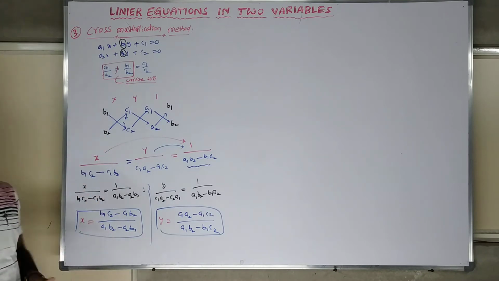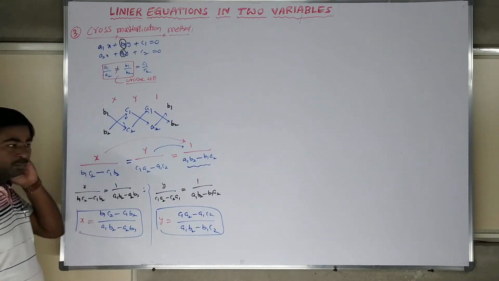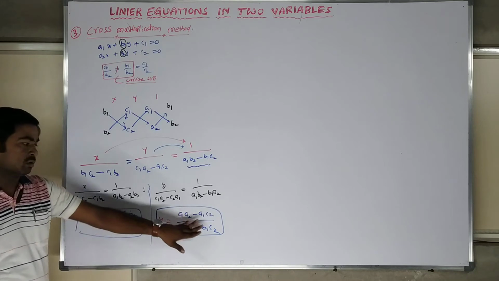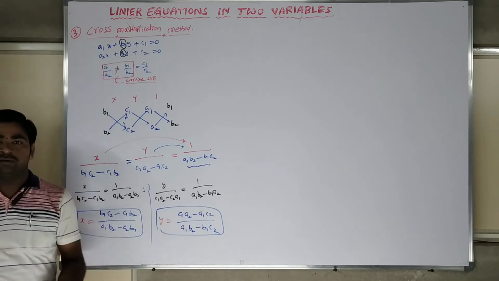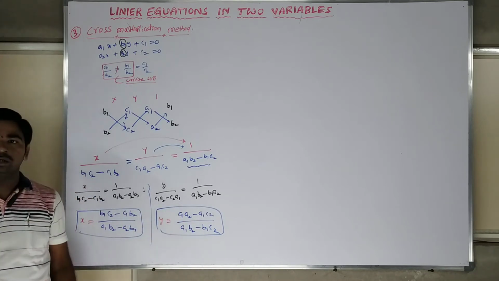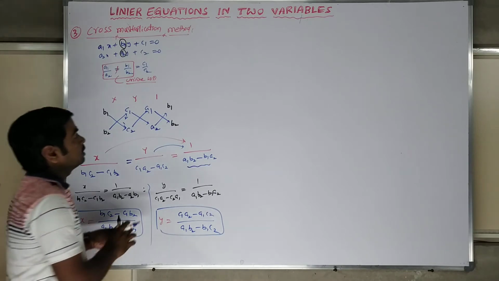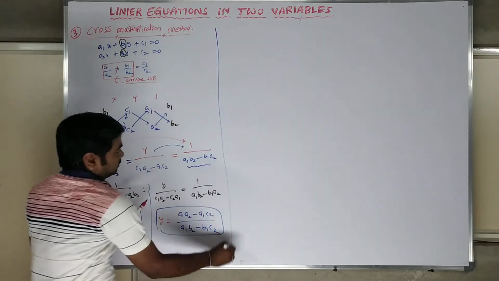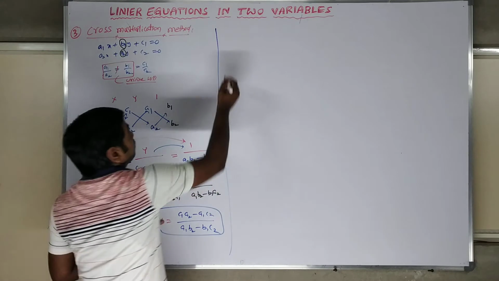So this is the procedure to apply for any kind of problem. You get x is equal to some constant, y is equal to some constant. These are the x and y values for a given question. So if you want to understand, let me take one problem, and then I will apply the same method. For example, I should take a problem.